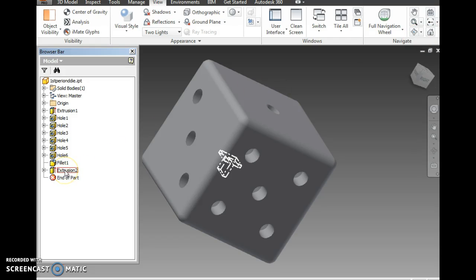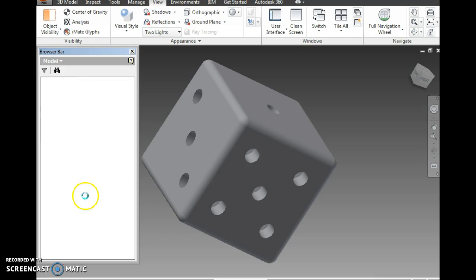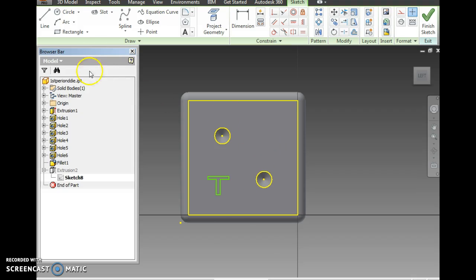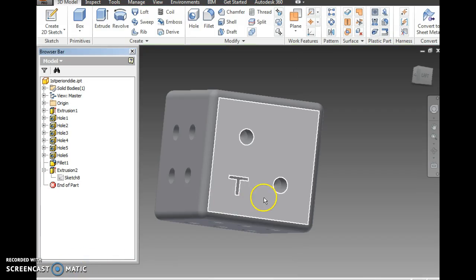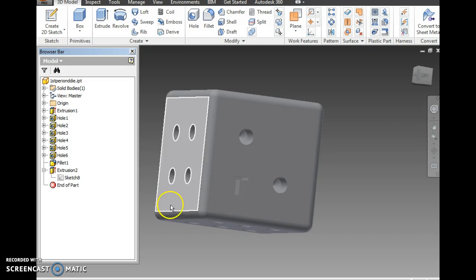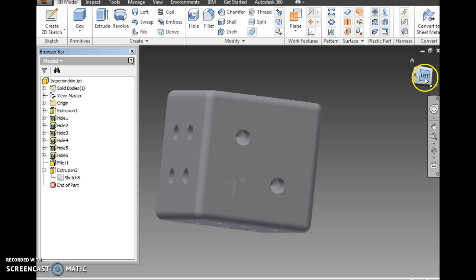See this last one here? This is my extrusion. And this is where I added my initial. Let's look at this sketch. So I'm going to right click, edit sketch. Now let's say I wanted to do both my initials. So I'm going to go grab the line tool there, and I'm going to add that in. I'm going to add my second dimension. Okay, so I'm in here. If I wanted to make changes to this initial, I could, but I'm going to talk a little bit about